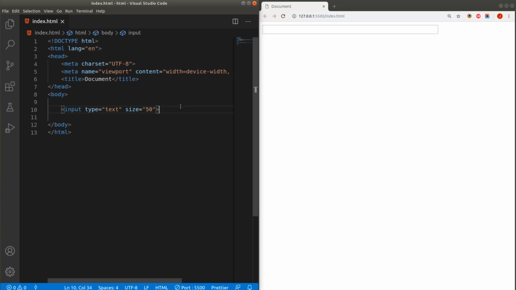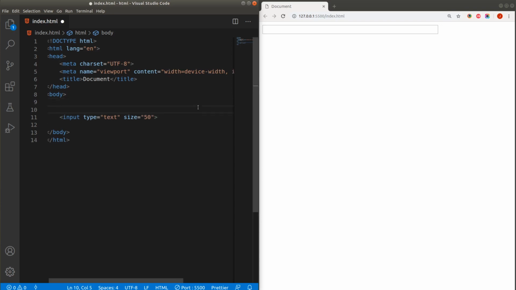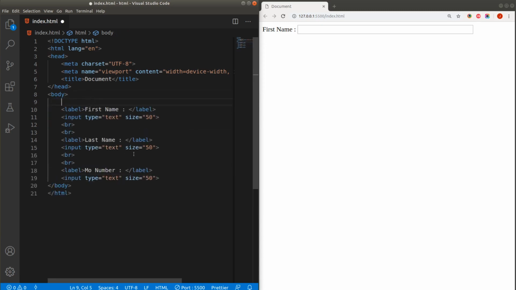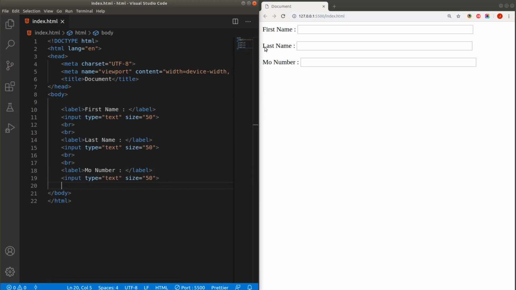And what if you want to specify a label for the text box? To add a label, I will simply use one more tag that is called label, and there is one more attribute, for, in that. We will skip it for now, and I will specify the name of our text box, that is first name. So I am trying to use that text box to enter the first name from the user. So look, we have a nice label in front of the text box, so the user is notified that this text box can be used to enter the first name. Now I will add some more text boxes over here. Okay, let me save the changes, and look, we have three nice text boxes with these labels.